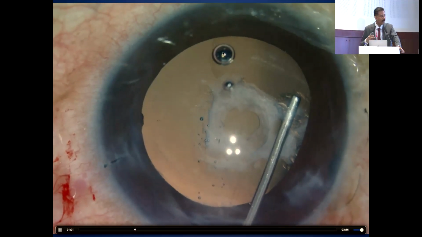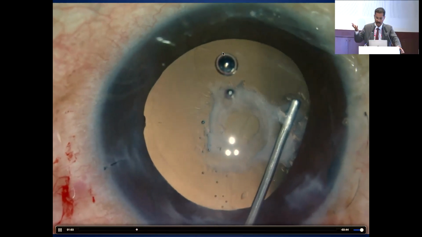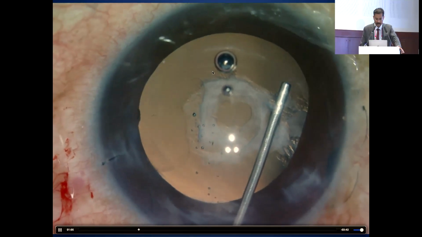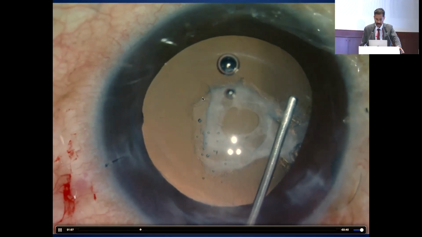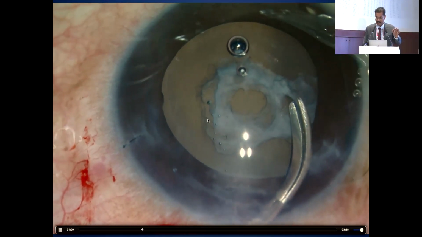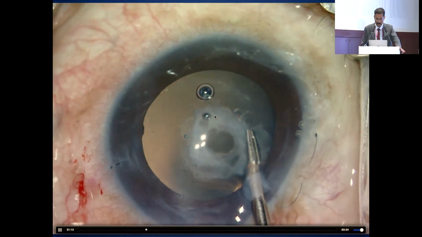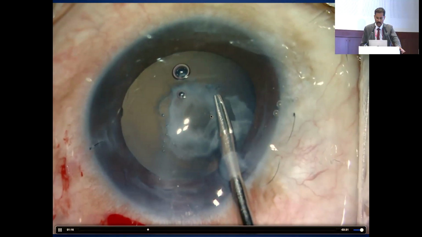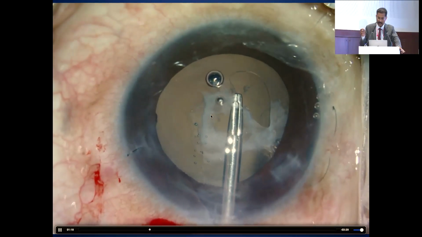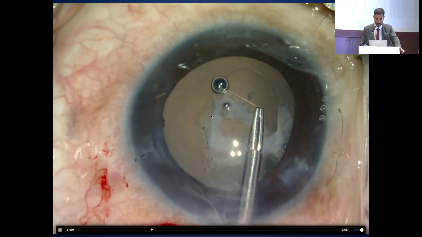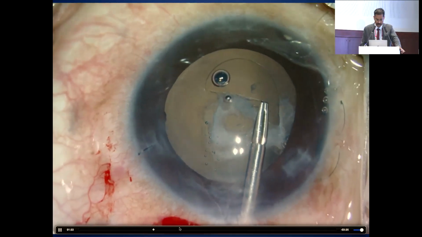See the bag getting opened up? The visco can go all along and open up the whole bag. But still the center is so tightly stuck that I cannot release it, and I have to go around it and cut with the scissors and try to open up the anterior capsule beyond it. So I am opening the capsule beyond it and then completing it